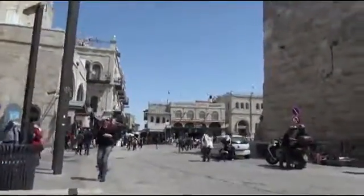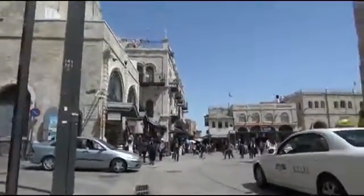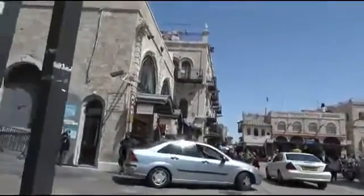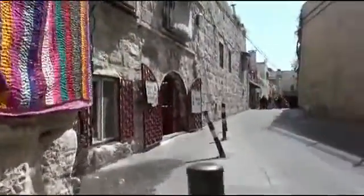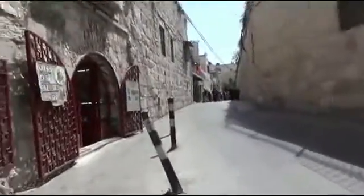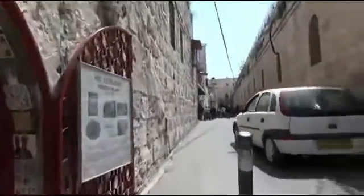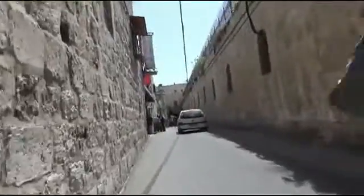The first quarter that we're coming into at the Jaffa Gate is the Armenian quarter. The city is divided into 4 quarters: the Armenian quarter, the Jewish quarter, the Muslim quarter, and the Christian quarter. There are several ways to go around the old city. You can actually go right through the center, which we have avoided this time, and we're going on the outskirts streets